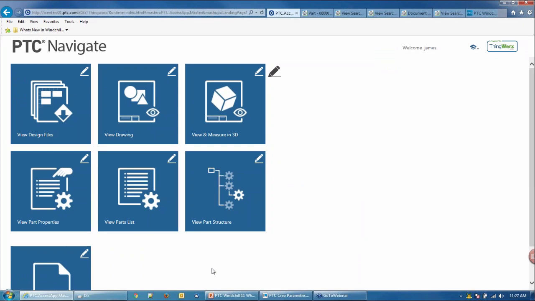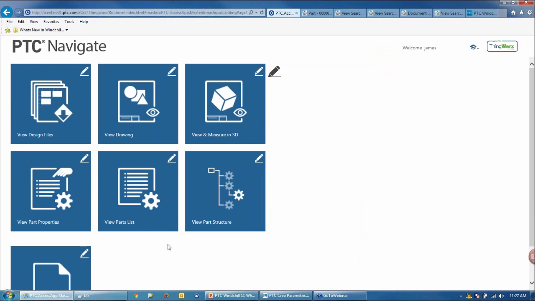So moving on, speaking about searches, let's talk about PTC Navigate View apps. As you can see, I'm on a landing page for PTC Navigate View, and I mentioned there are 7 view apps that we provide in this release of PTC Navigate View. I'm not going to have an opportunity to go through all of them today, but I would like to mention, and I'll reiterate this at the end of the call, that there's going to be a webcast on March 10th at 11 o'clock that will go into the PTC Navigate View apps in much more detail than I'm going to